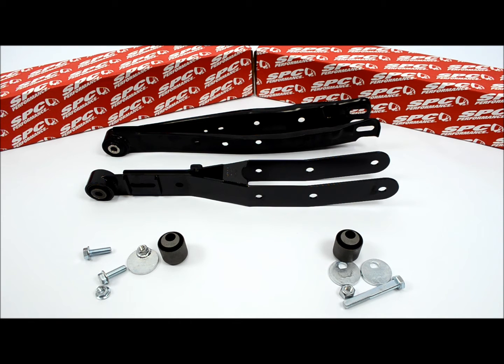Every other lower control arm, like the Cusco, the Stance, the White Line, they're just a lower control arm for camber adjustment. Now, they kind of have a different purpose. Like the Stance and the Cusco have tons and tons of adjustability. Same with the White Line. You can go -5. I mean, you can really do a lot of things with those arms as far as